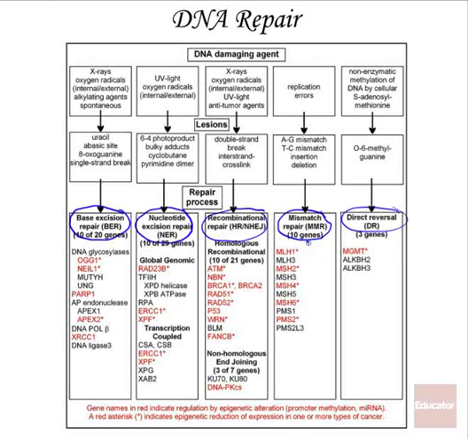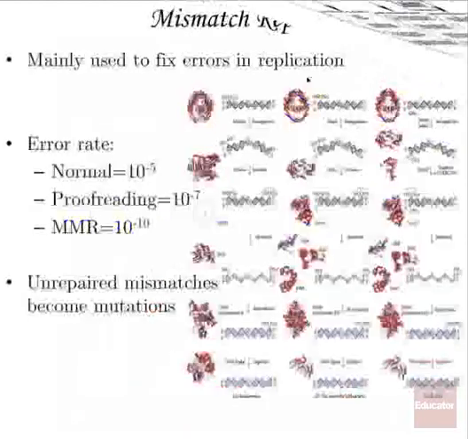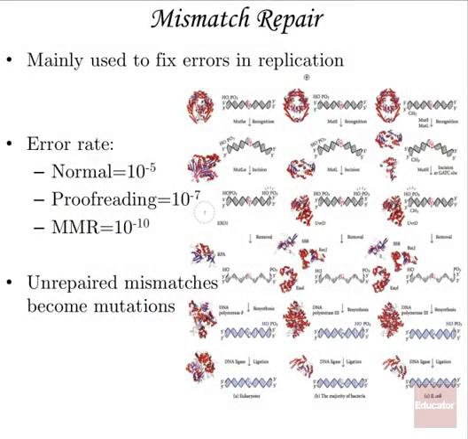Okay. So mismatch repair, it says up here, mainly we are fixing replication errors. We're going to fix our errors in replication. The normal error rate of replication is 10 to the negative 5, so that's 1 every 100,000 bases. That's great, but remember, we have over 3 billion bases